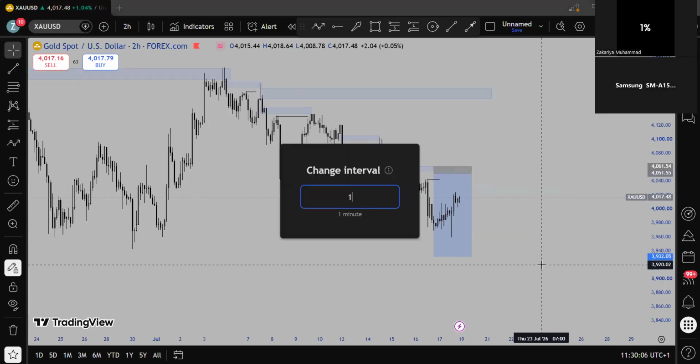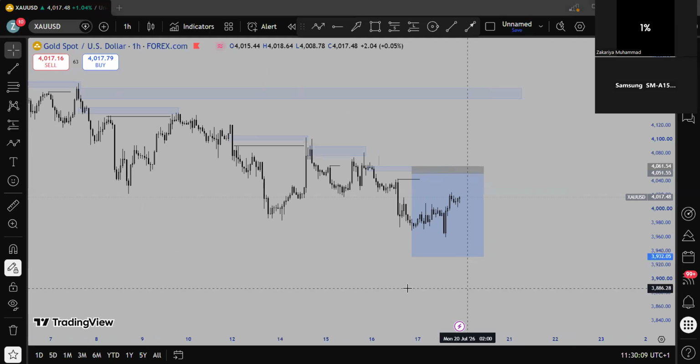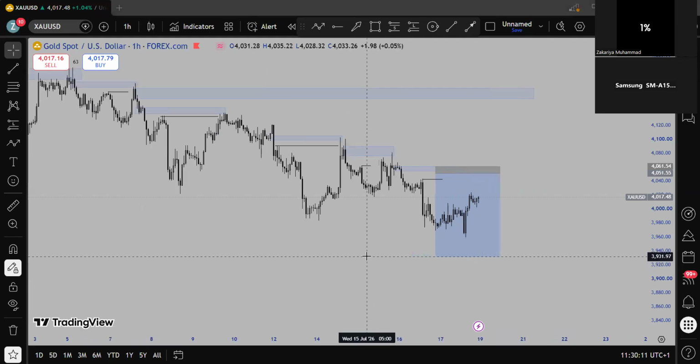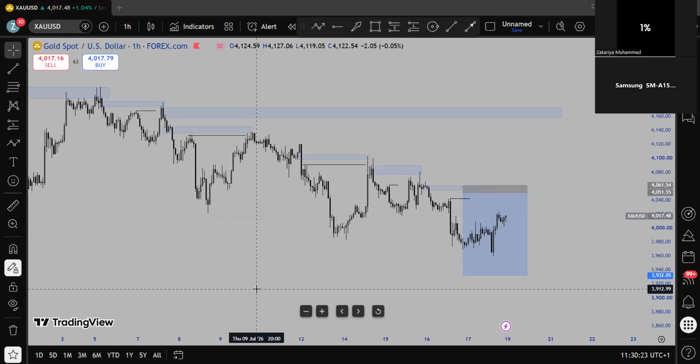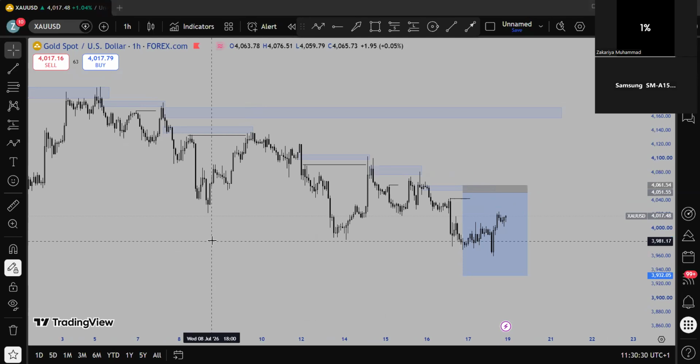I said the last time, the first thing you need to understand before even marking your directional bias is market structure. Market structure is very important. For you to consider taking a buy or a sell, you need to read what the market is printing, what the market is currently doing at the moment, how it's approaching price and how it's moving.